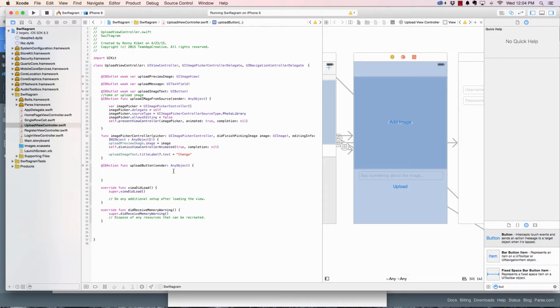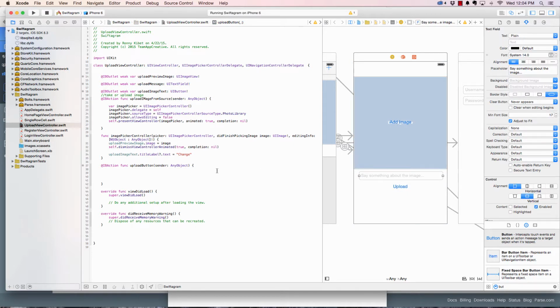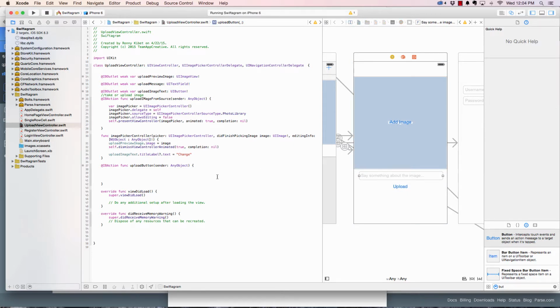Now let's go ahead and upload the image to Parse finally. So first of all, we want to check if the image is empty. So you're going to say if,